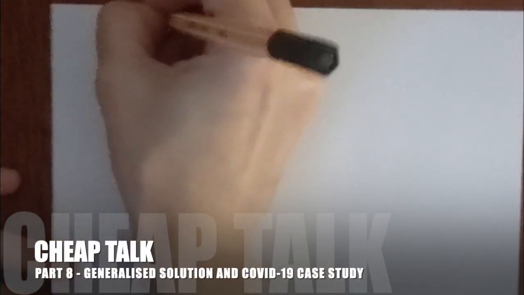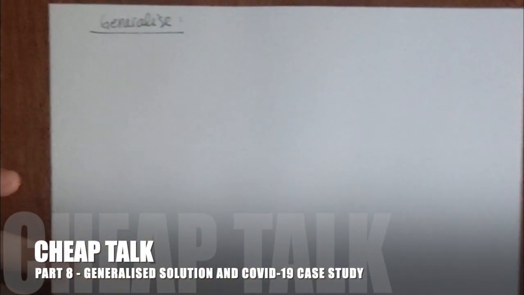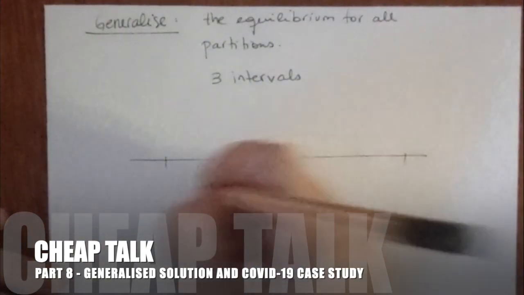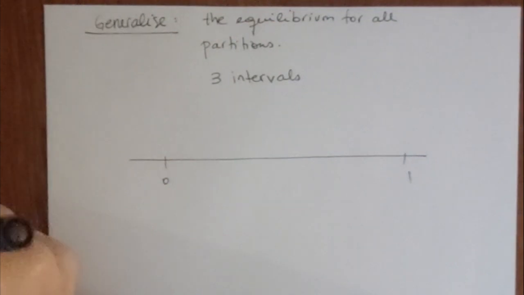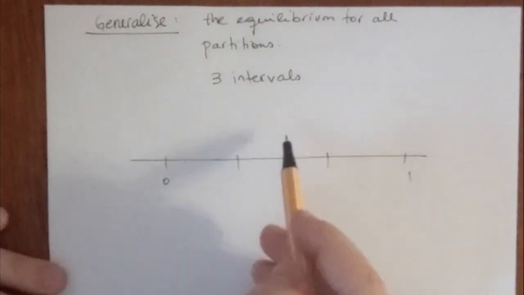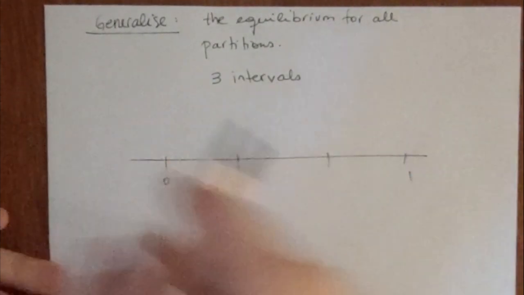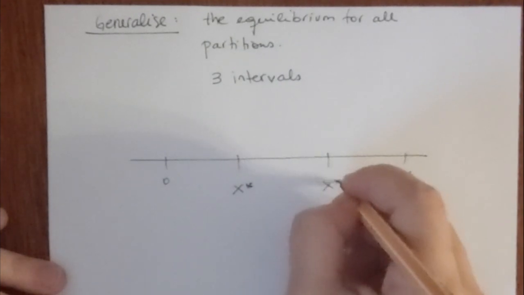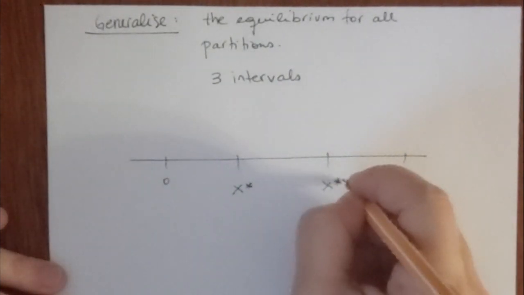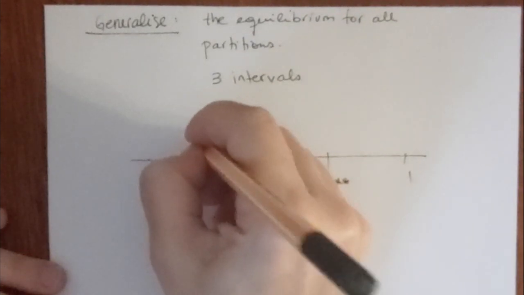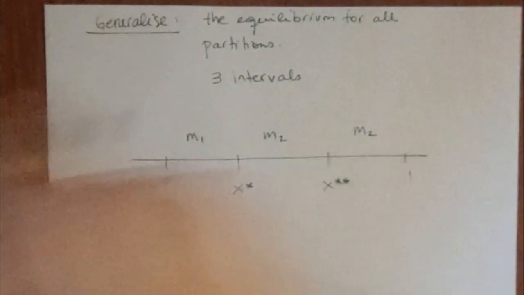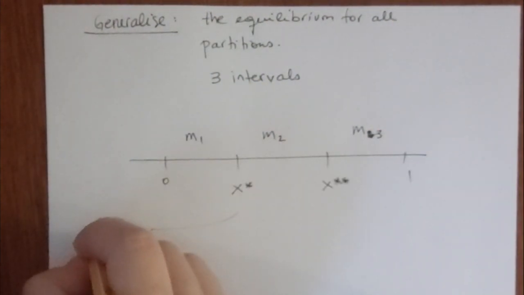So now we're going to generalize our separating equilibria into as many partitions as we'd like. We have our unit interval 0 and 1, and then we have 3 intervals, M1, M2, and M3. And we're going to identify those thresholds or those boundaries as X star and X star star. So M1, M2, and M3. Now we have 2